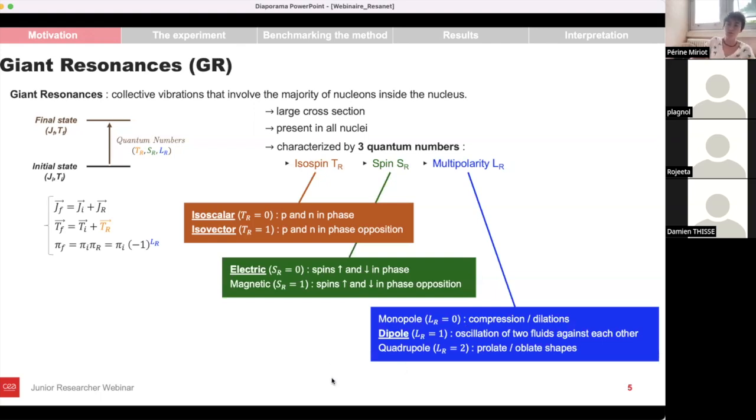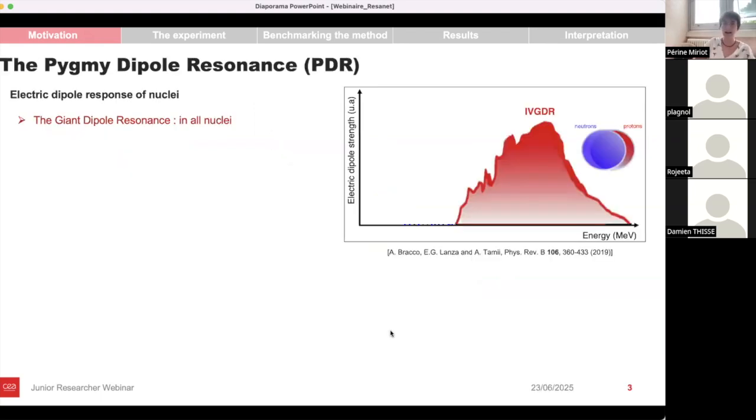If we now focus more particularly on the electric dipole response of nuclei, you have here the typical electric dipole strength as a function of the excitation energy. And in this electric dipole strength, we have the isovector giant dipole resonance that exhausts a large amount of this electric dipole strength due to its large cross-section. And the macroscopic interpretation of this isovector giant dipole resonance is the oscillation of the neutron fluid against